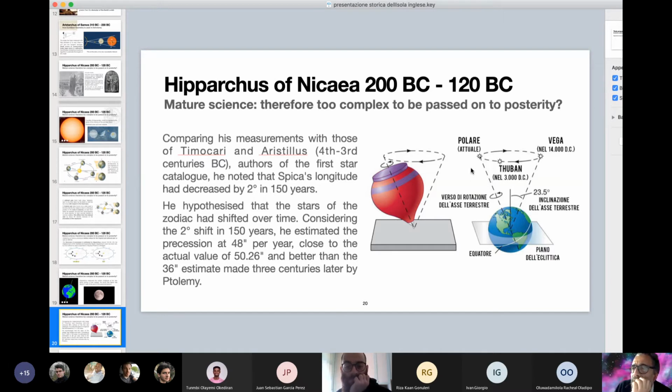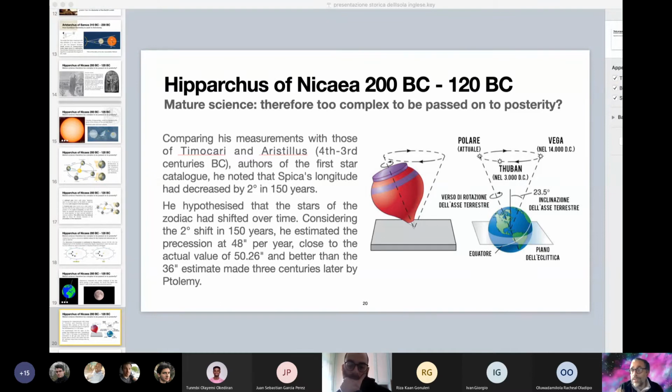So the orientation of this rotation axis changes slowly with time. Now, Hipparchus was not like modern students. You know, modern students believe that they know everything and they don't need to interact with ancient scholars who are all useless and old. I mean, old now means useless and not reliable. Hipparchus could compare his measurements with those of Timocari and Aristillus,